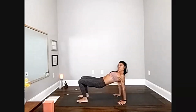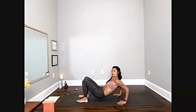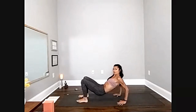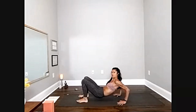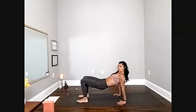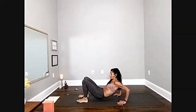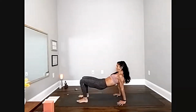Now inhale, lift your hips, straighten the arms, and then hover your hips or tap, but bend your elbows, shoulders back. 9 more. Inhale, lift. Exhale, tap. Inhale, tap. Inhale, exhale, tap. Last 6, 5,